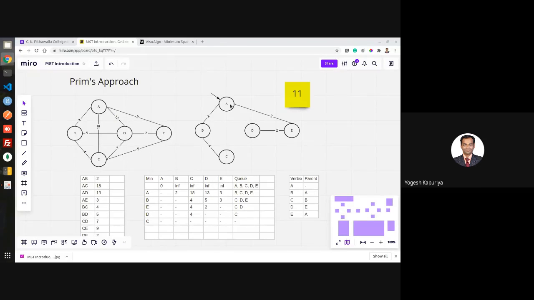So if you observe this, it always forms a tree. It always forms a single tree, instead of what we are doing in Kruskal's approach, where we have one tree over here and another tree over here. So it looks like a forest. In terminology, it is called a forest, a group of trees which are not connected. But in Prim's approach, you always form a single tree.